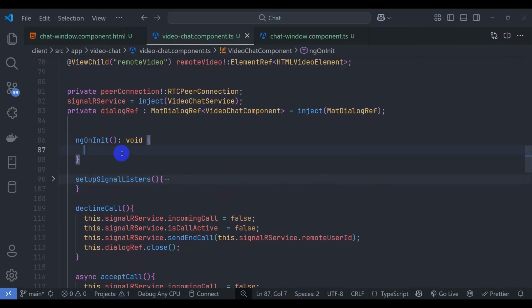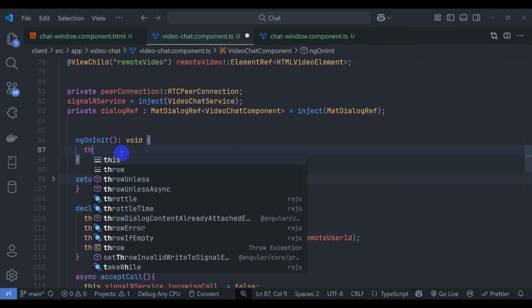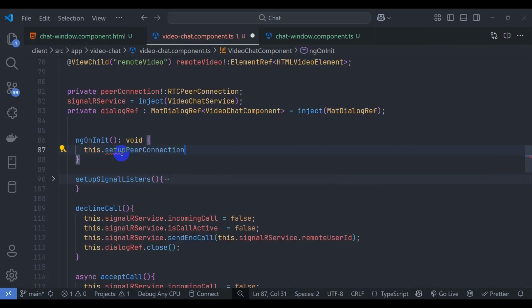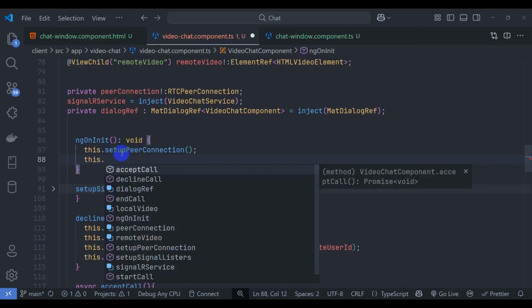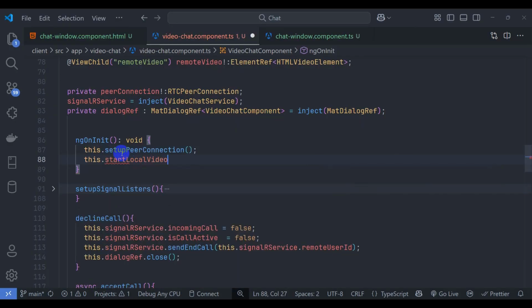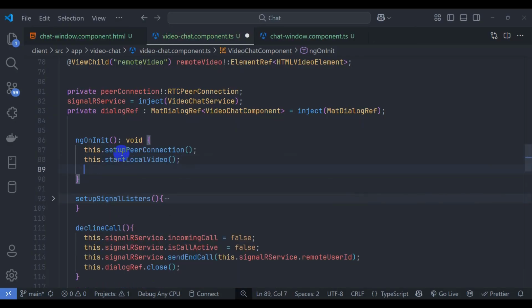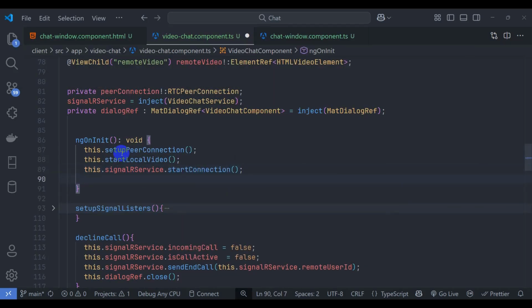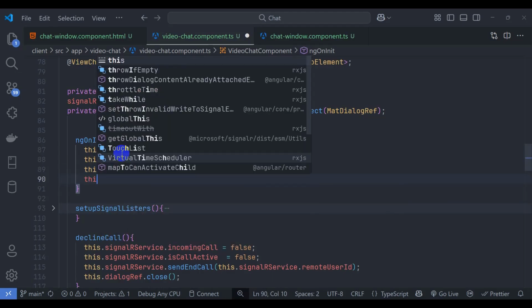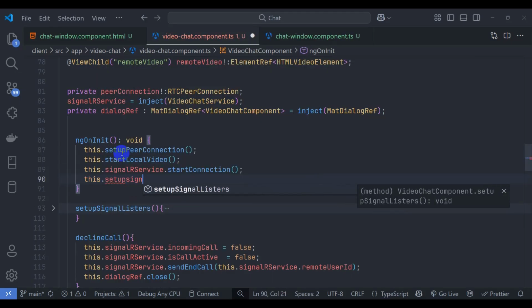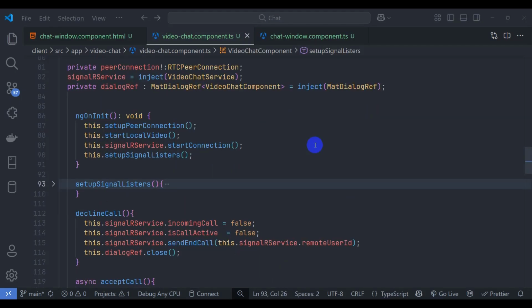Inside ngOnInit let's call this.setupPeerConnection, this.startLocalVideo, and this.signalRService.startConnection, and finally let's call this.setupSignalRListener here. Now let's add a ringtone for incoming calls. So let's go to